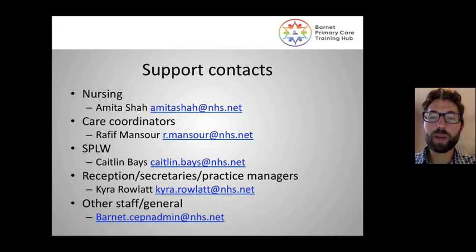Now, the Training Hub does have a number of support contacts for different roles. I've listed a few of them here. So for nursing, if you have any problems or you want any advice, please contact Amita Shah. For care coordinators, it's Rafif Mansour. For social prescribers, please contact Caitlin Bays. For reception staff, secretaries and practice managers, please contact Kira Rolat. And for other staff or general inquiries about the Training Hub, please contact our generic address at